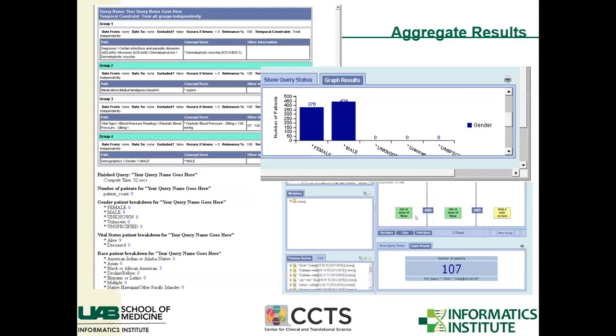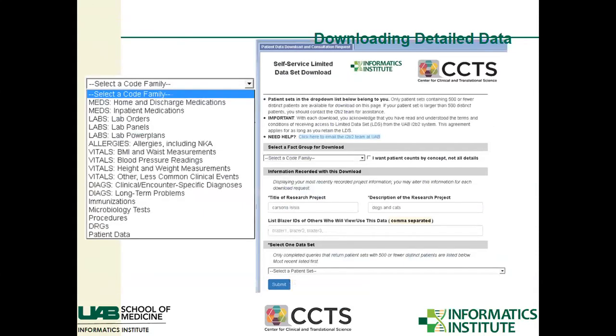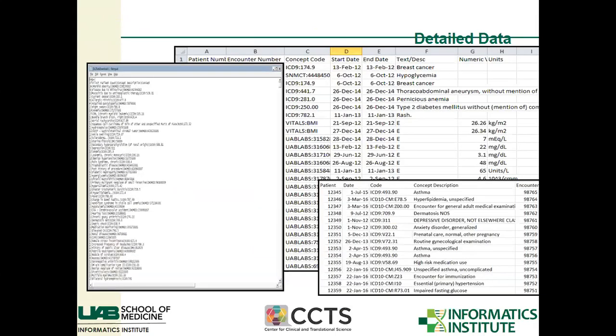So in I2B2, you can get aggregate information like this. You can actually download detailed data like this. So this is another point where this representation of content is very much tied to the fact that we have systems of encoding content and mapping data together that is meaningful. So it allows you to get this content back for your research purposes.